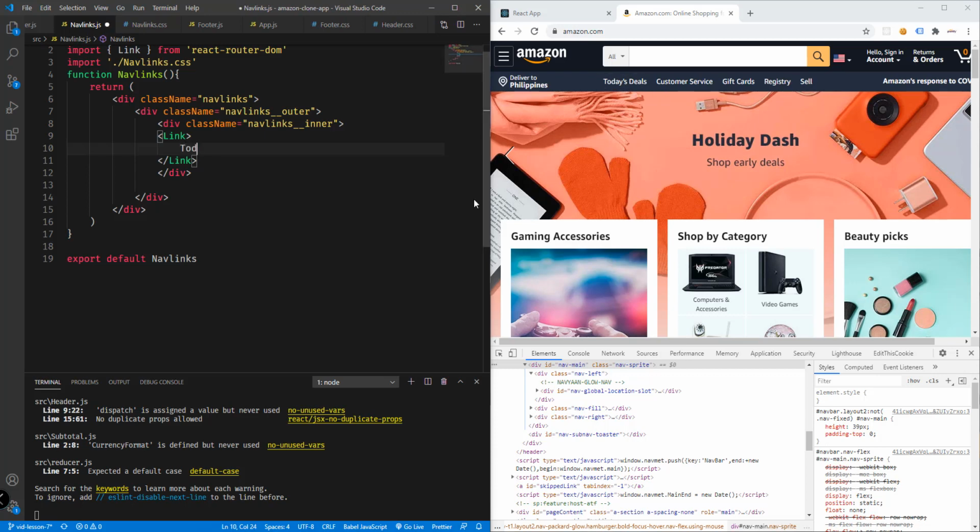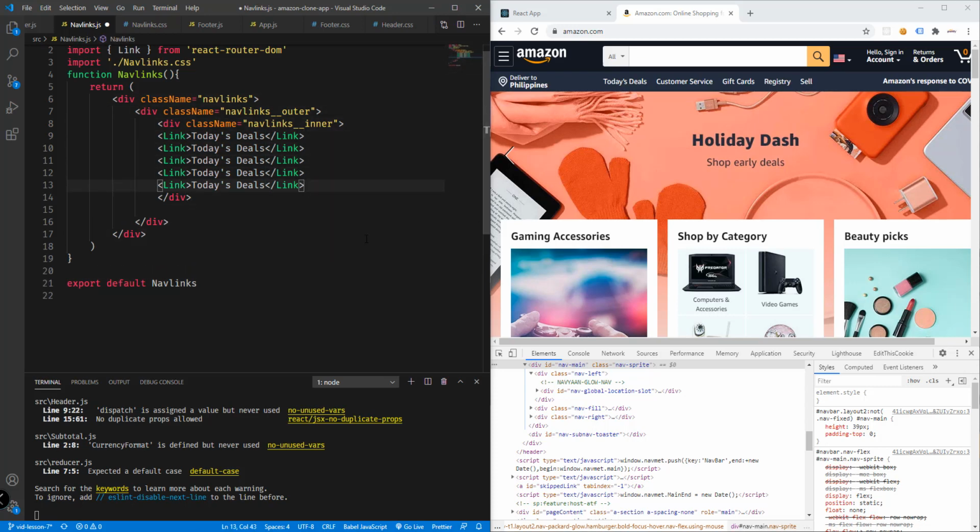So for example, today's deals. Okay, let's just have this for now, and later on we could add the functionality to sign in and sign up into our application or e-commerce website. So let's just copy and paste this, and what we could do is change the text of the link into customer service, for example,